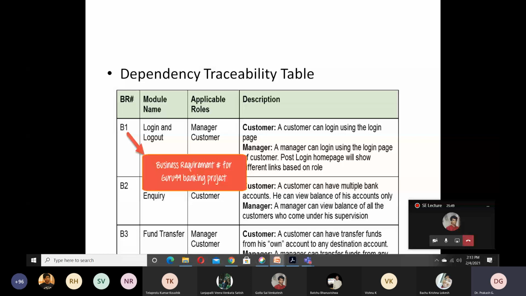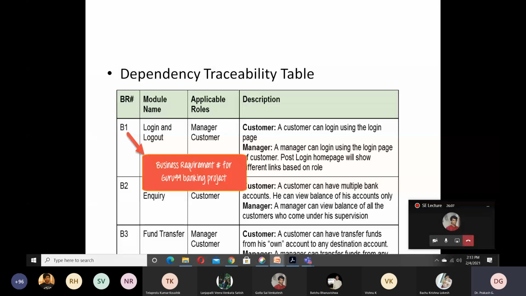On the other end, the manager could log in with the customer's credentials. This is how we can consider the dependency based on role, that is, who is going to use it. So based on the user of that module, the dependency is preserved.